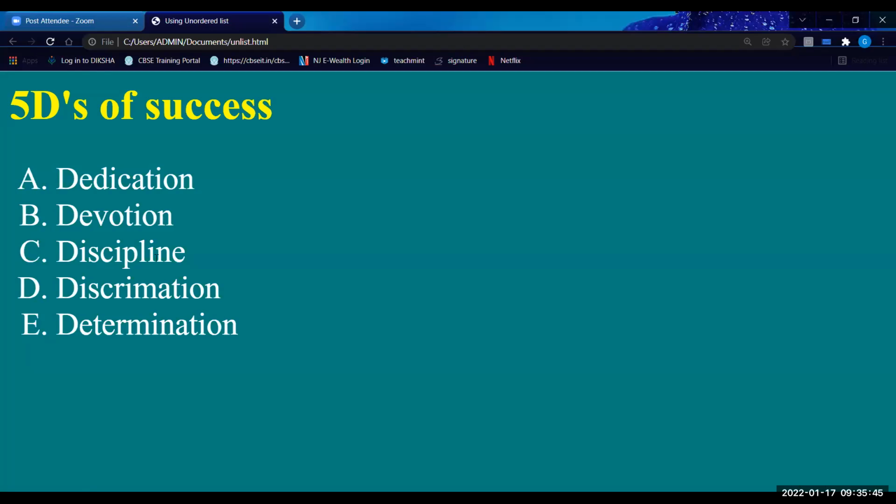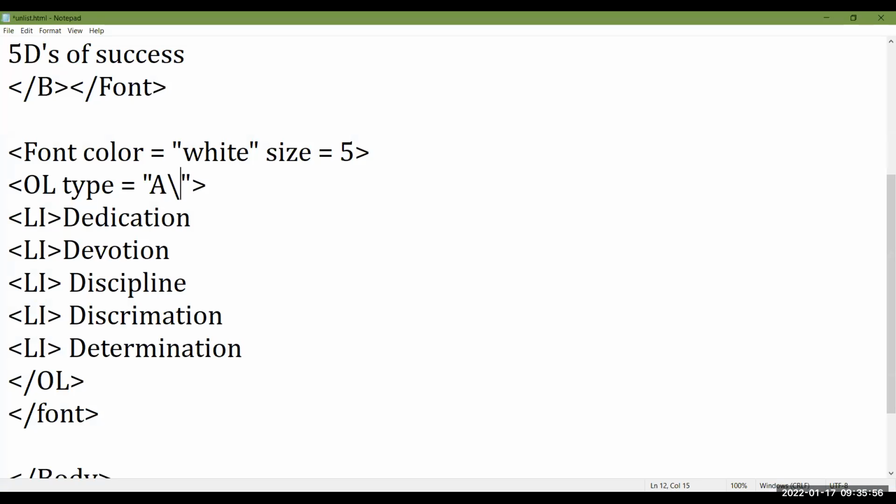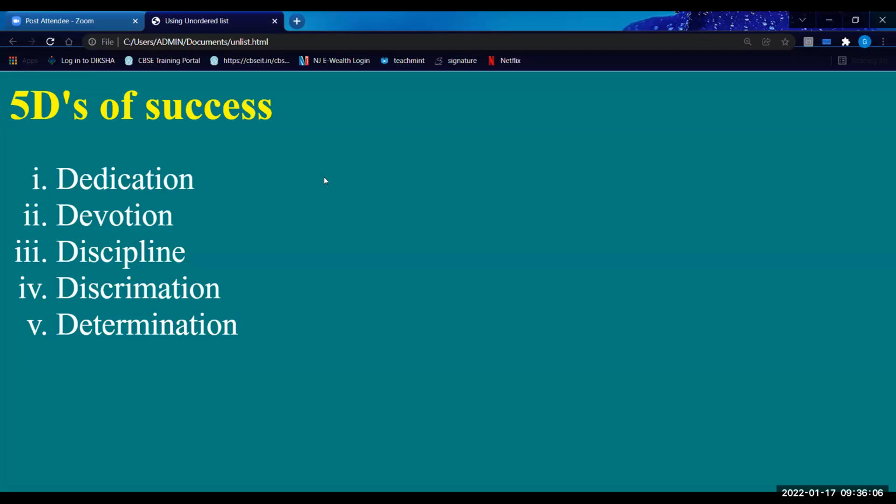Now see, type equals to capital A is giving me the list in A, B, C, D, E. Similarly, if I use type equals to small a or small i, save it, go to the browser window and refresh it, it is giving me small Roman letters.